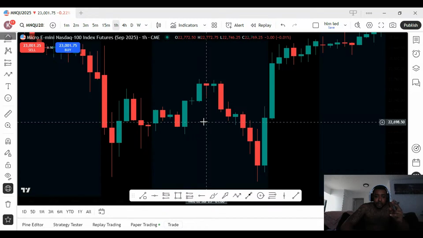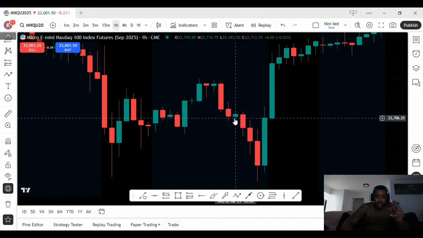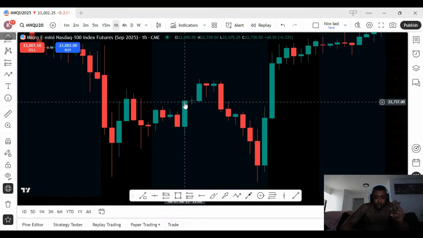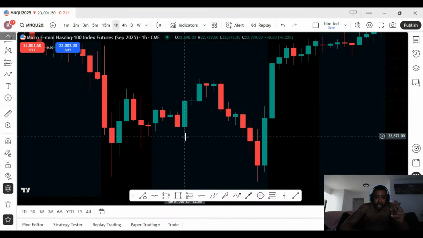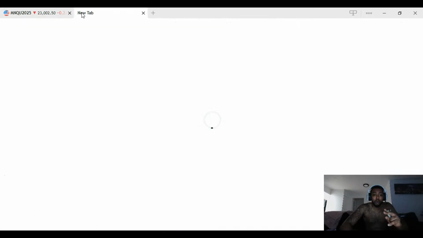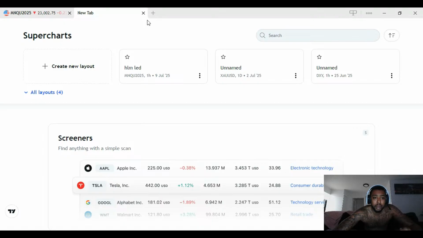So different candles form different things. This candle right here, you see how it's super huge and it has a low wick? This is called a hammer, a hammer stick candle. Matter of fact, I'm going to do it right here. So if you go on Google, right? This is how you find different